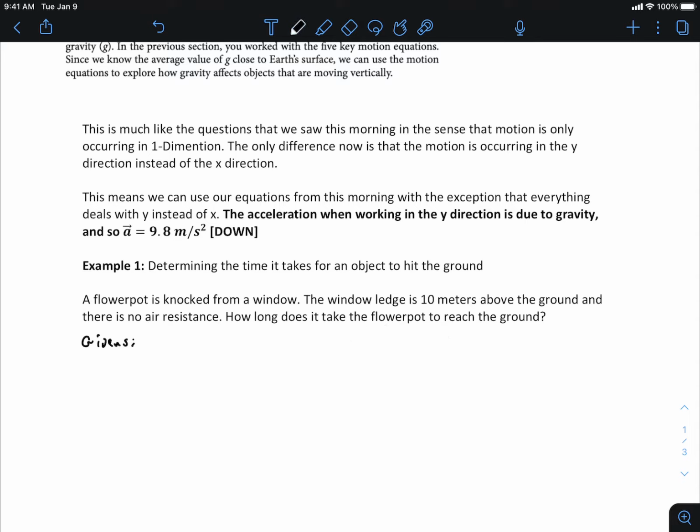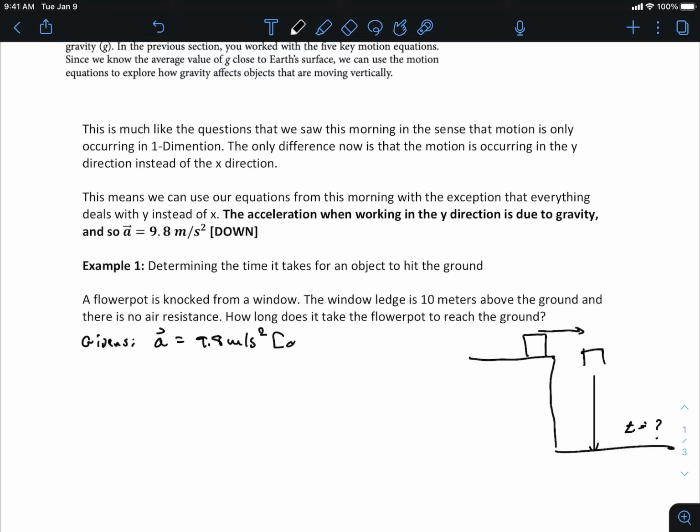So I like to write down all the givens, right? And even sometimes when I like drawing pictures too, right? Because I think the pictures help sometimes, right? So here's my flower pot, and it gets knocked off the edge, and it falls straight down. Right? And our question is, how long does it take to hit the ground? Right? So let's just run through these things, right? So we know the givens. We know that the acceleration is going to be 9.8 meters per second squared down,